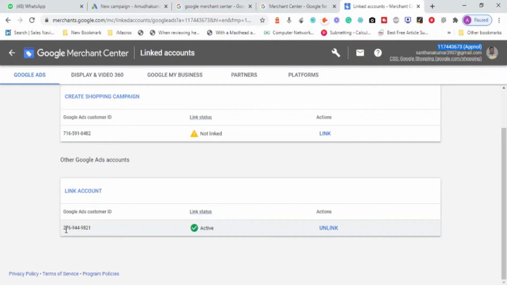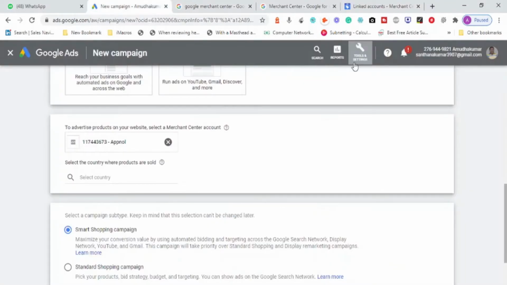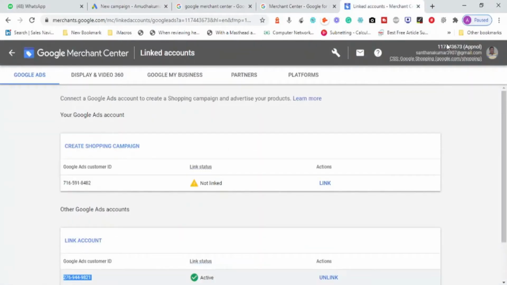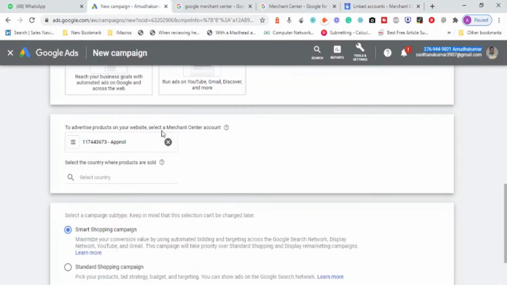27694498821. So this is what is linked to my Google ads account. If you see here, 27694498821. So it is linked with each other, and because it is linked, I could see my Google merchant center id 11744673 mapped to my advertisement. See, 11744673. So we have to create an account with Google merchant center, and the Google merchant center account will have information